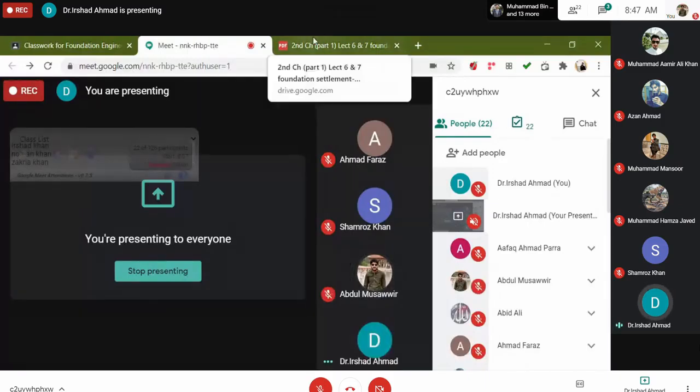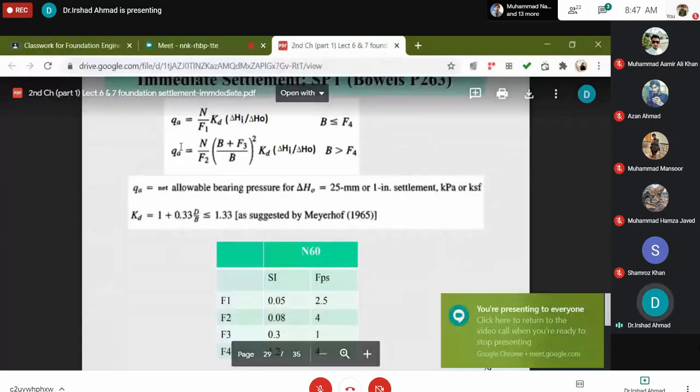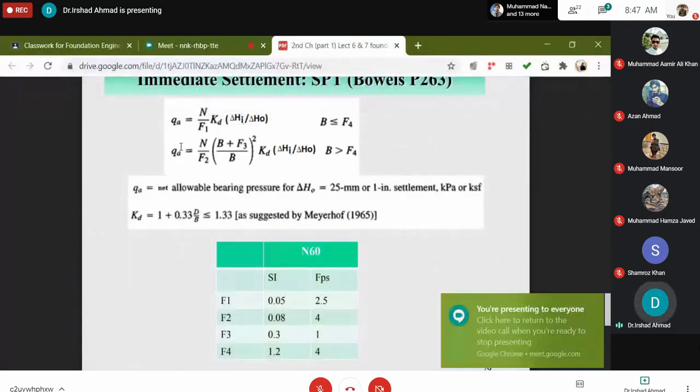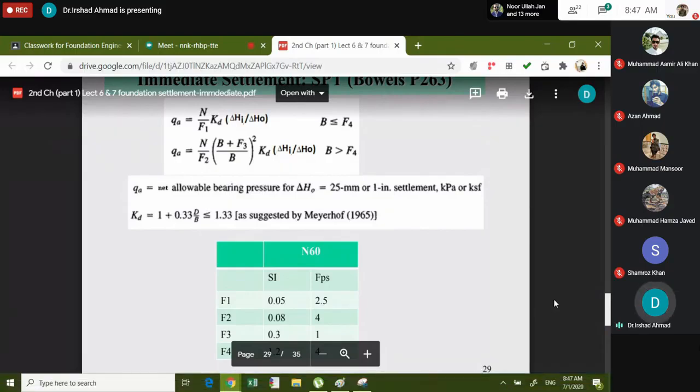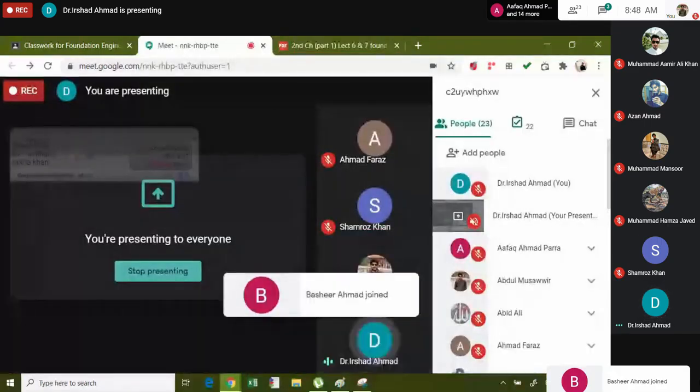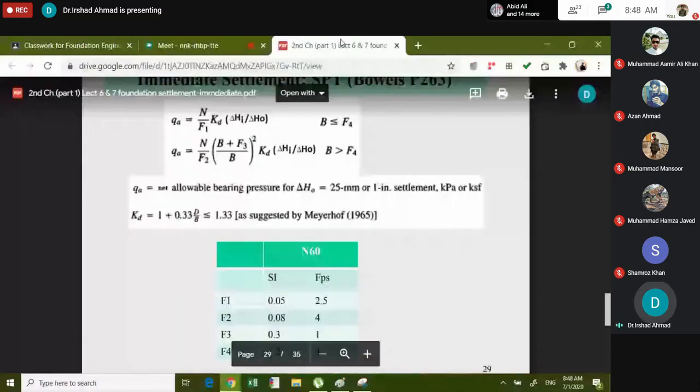नहीं, कॉल ड्रॉप हो गया, मगर आप लिख तो सकते हैं ना। ये क्वेश्चन मैंने आपको कहा था कि B इज इक्वल टू 5 मीटर लें और QA की वैल्यू निकालें। And remember, this is for 40 mm, not for 25 mm. That is what I forgot. For QA for 40 mm and B is equal to 5 मीटर, क्या वैल्यू आ रही है, निकालें और टाइप करें। हर एक की वैल्यू अलग अलग निकालें। पहले KD की वैल्यू निकालें।